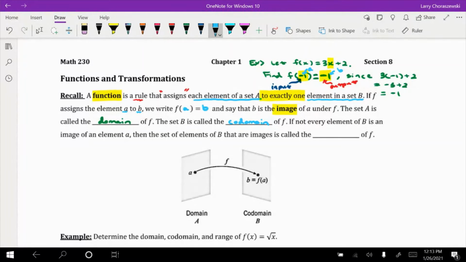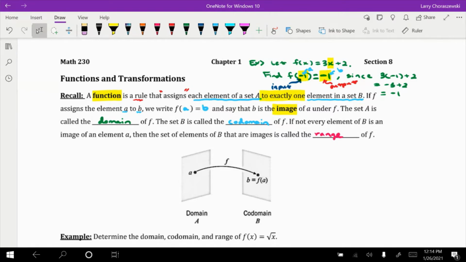Now, sometimes the codomain will be the same as the range, but let's say that there are some elements of this set B that are not images. I'll go ahead and clarify all this with the diagram below in a second. If there's any element or number in this codomain that the function does not assign an element of the domain to, then the codomain and the range are going to be different. Now, if you look at just the elements that have been assigned something from A, that would make up the range